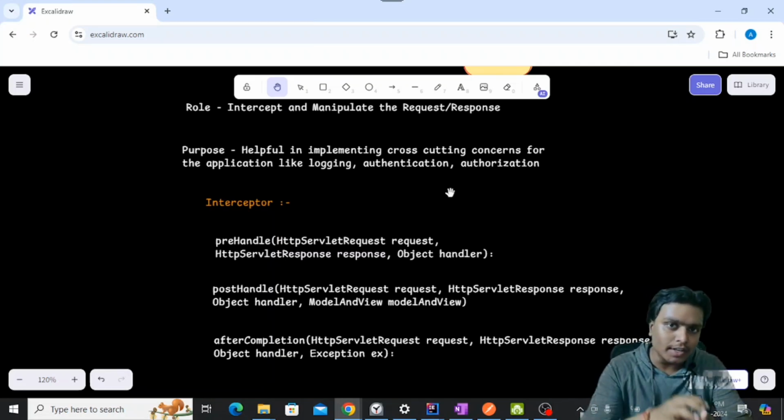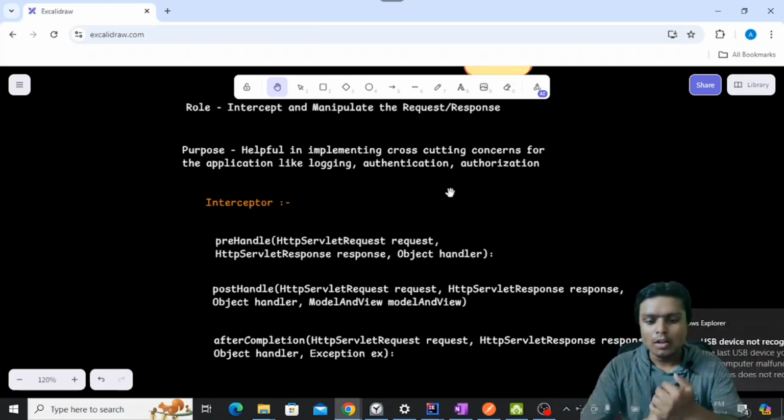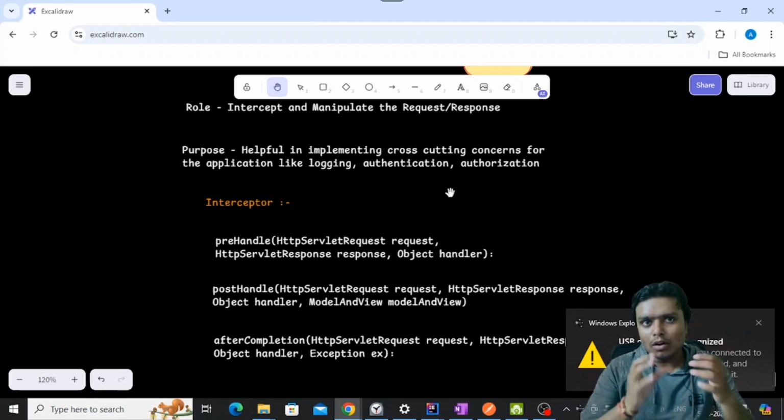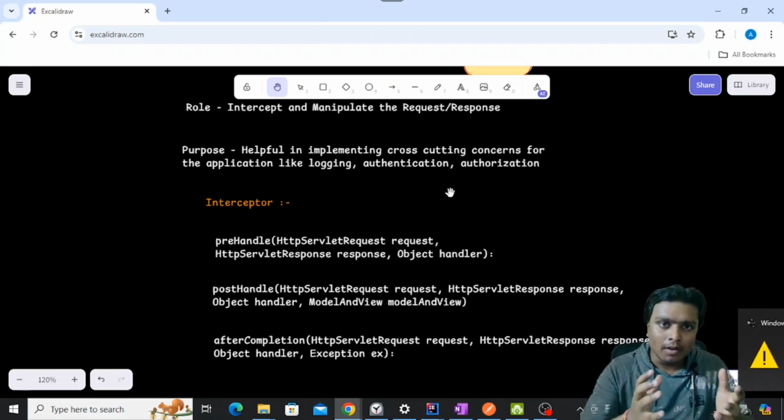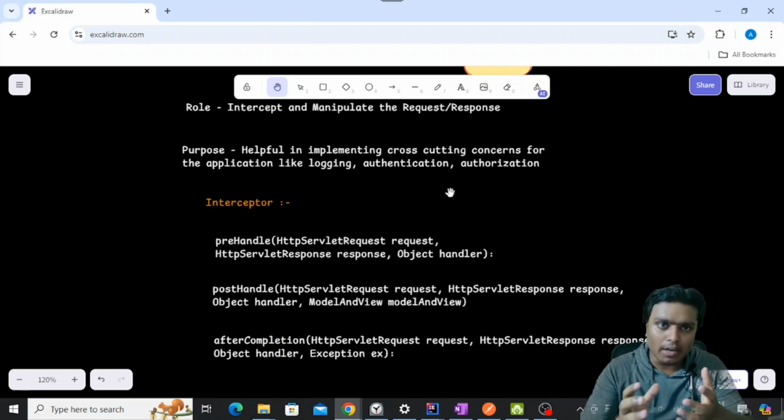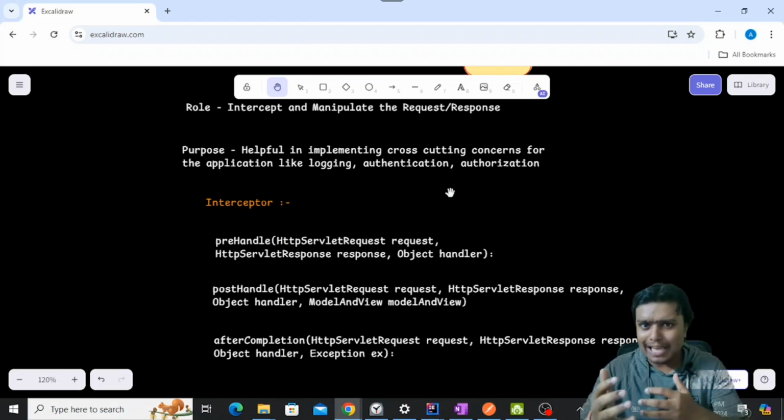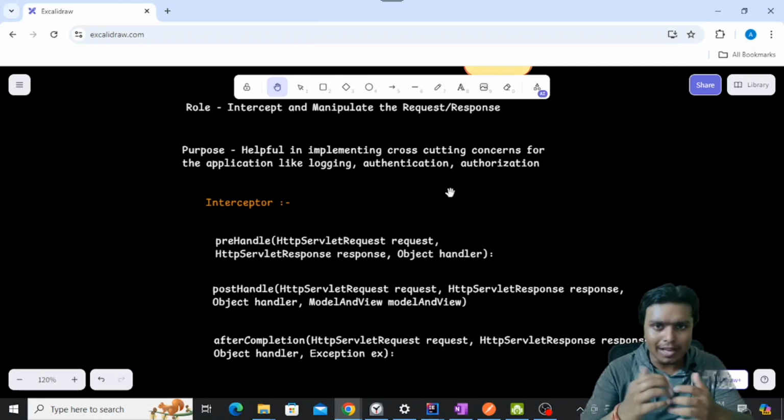In the postHandle method, we generally write that piece of code which needs to be executed before the response is actually returned to the client. Let's say I want to calculate the actual amount of time my controller took to process the request. That is something we can do in the postHandle method, right? We will see all the examples, whatever we are talking about, via code in the upcoming videos. But just be with me, be patient, and try to understand the topic.